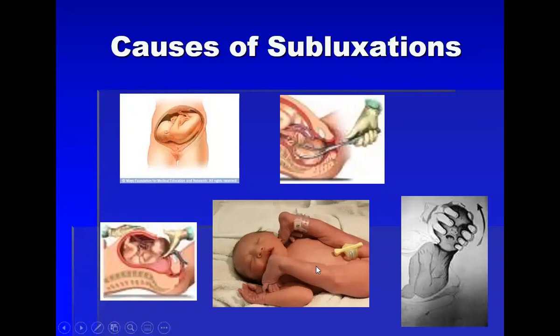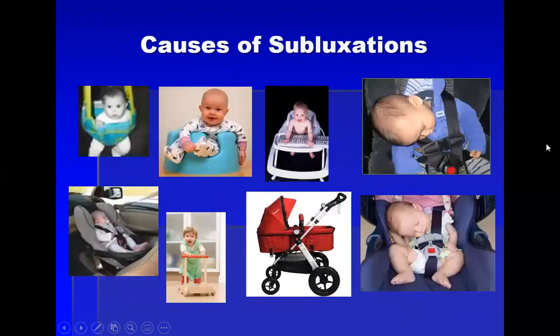In the middle, you see a baby that was a breech presentation, and you can see how they have their little legs bent completely backwards instead of stretched out because of the situations that I was describing earlier. As they start to grow a little bit more, causes of subluxations that you see right here is what we call container baby syndrome, and I will speak about this at the end of the talk a lot more. But you can see that all of these different containers that we put our babies into are not conducive to having them